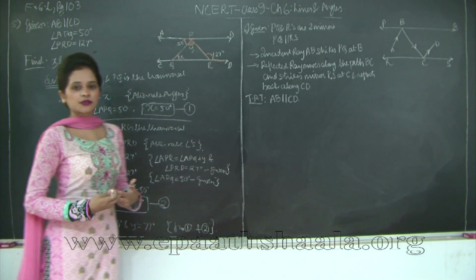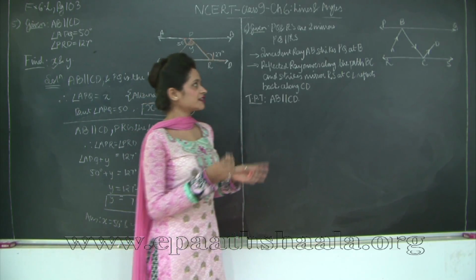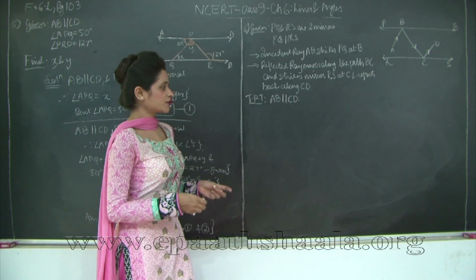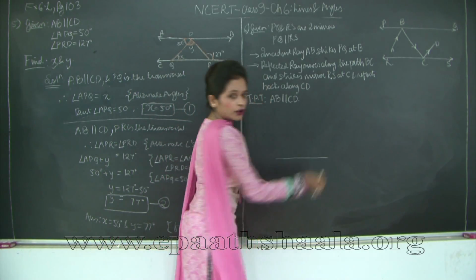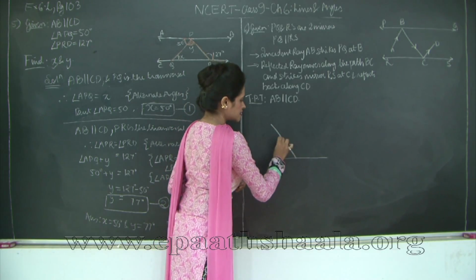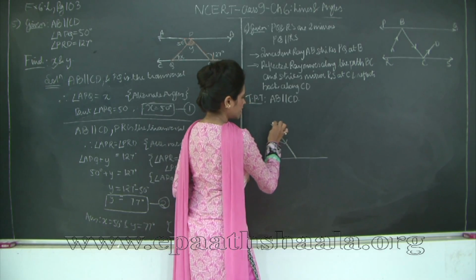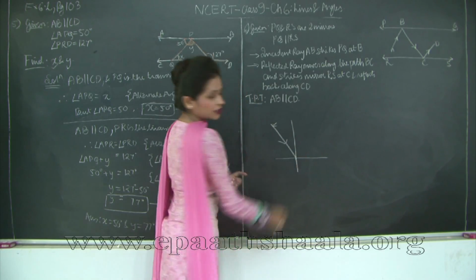So now let us proceed with question number 6. This question looks a little theoretical and it is related to a little bit of your physics, where you must have learnt about light. So first of all, you need to know that if I have a well polished surface and let's say a ray of light strikes on this polished surface. And if I draw a normal to this line, a perpendicular on this line,